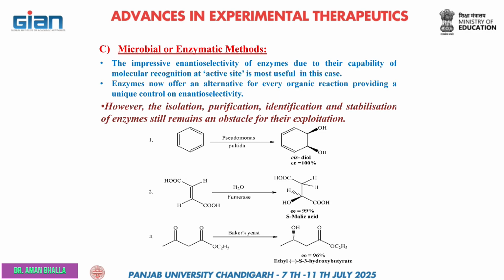enantiospecific products. Now see, if I am saying the cis diol is a molecule which is a synthone for the formation of amoxicillin. Say example, I am saying the product number second, that is the synthone which is used for the formation of medicine dolo. Okay. The product number third is the